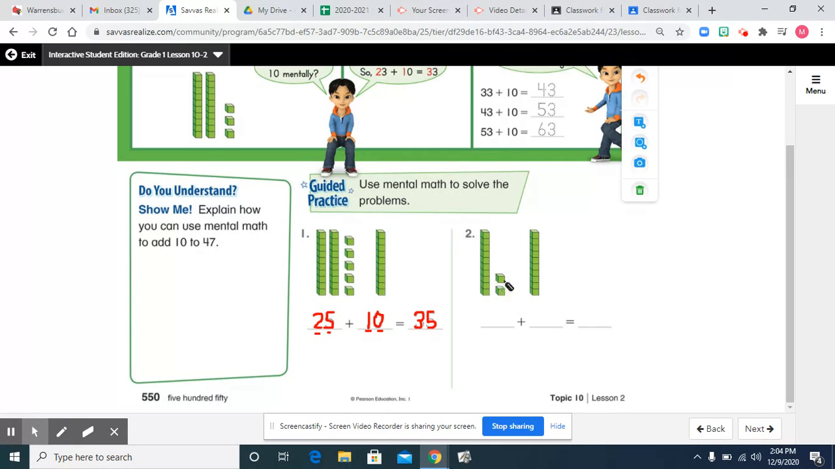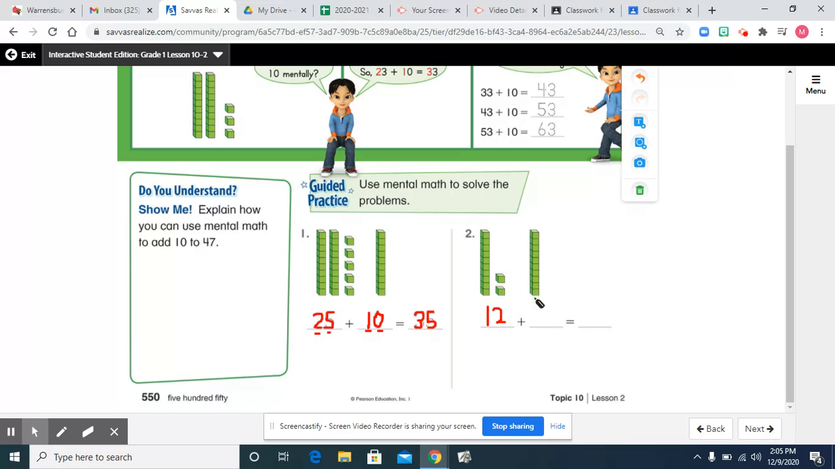Okay, try number 2 on your own, and we will go through it here in a minute. Okay, if we look at the first part in number 2, we have 1 long and 2 cubes. So let's count it up and see how much that is. Start by counting by tens. 10, and then count by ones. 11, 12. So 12